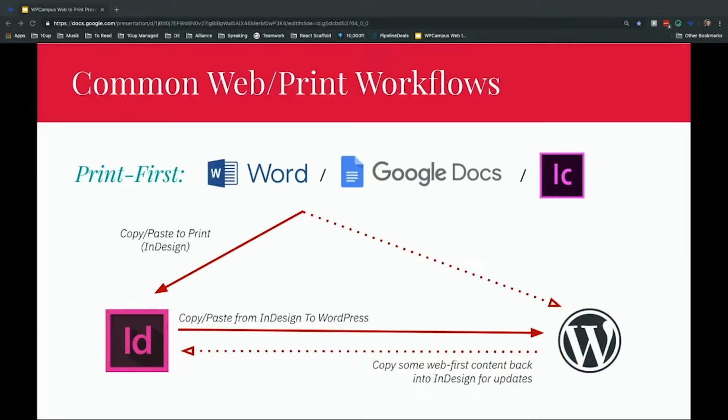So yeah. Much like a web-first workflow, the print-first workflow basically has the same set of tools. You start in an editorial workflow that, instead of going on the web first, is copied into InDesign, where the print designer then lays it out, makes it pretty. Then that's sent out to a mailing house, where it usually is mailed out to whoever is supposed to receive the publications. Sometimes when it needs to go on the web, that's then copied directly from the InDesign version, which